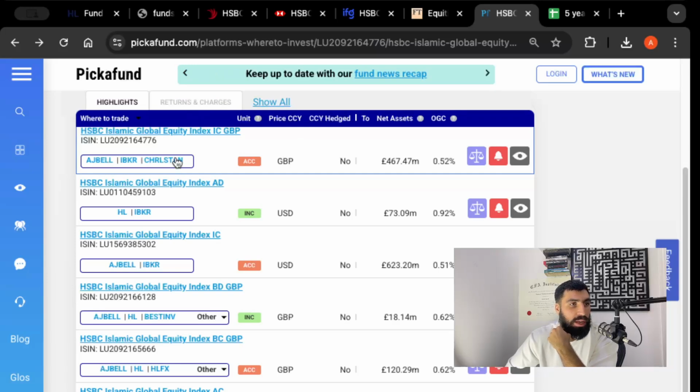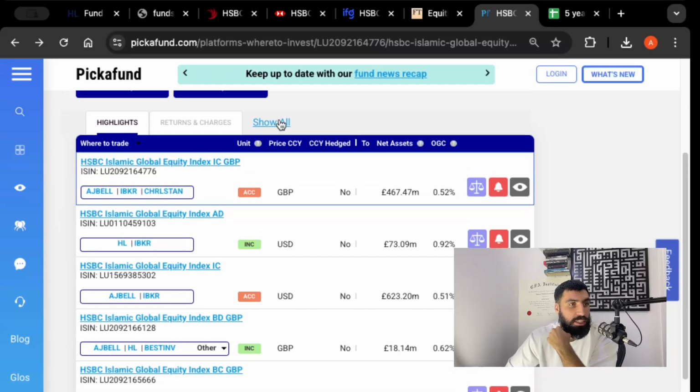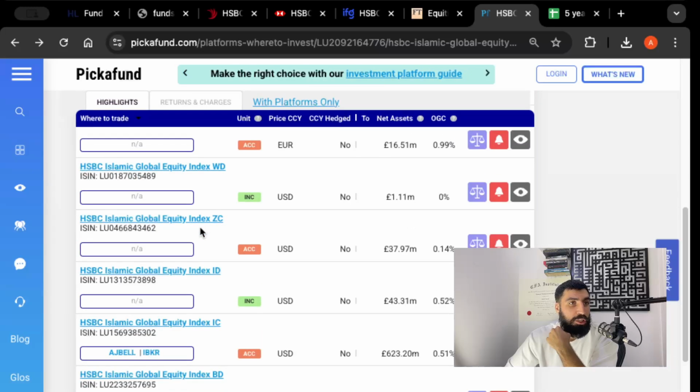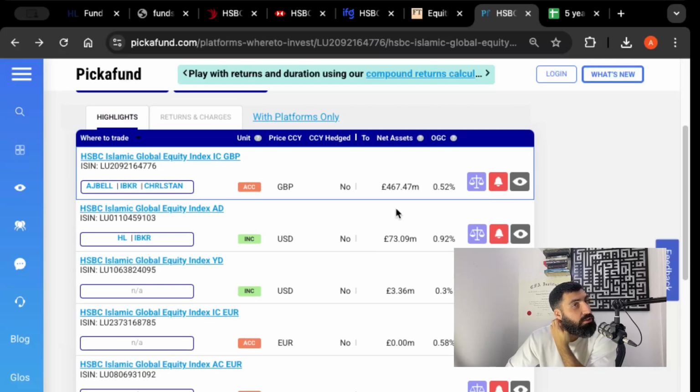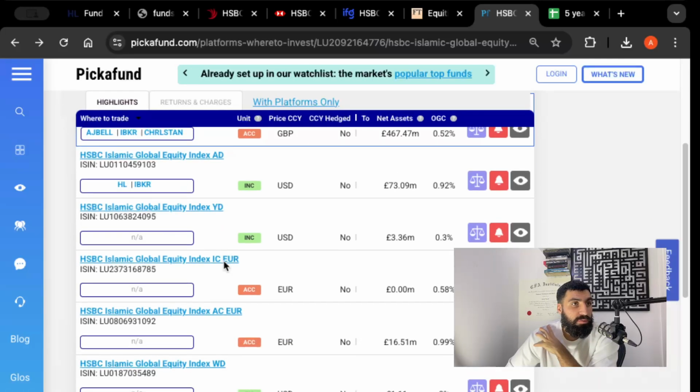And on that website, it has all the different HSBC funds, and it shows every single broker where you can buy that HSBC fund. Isn't that neat? And it even shows how much is invested into each version of the fund. So if we get rid of the HSBC funds that you can't actually buy on any platform because it says NA here,